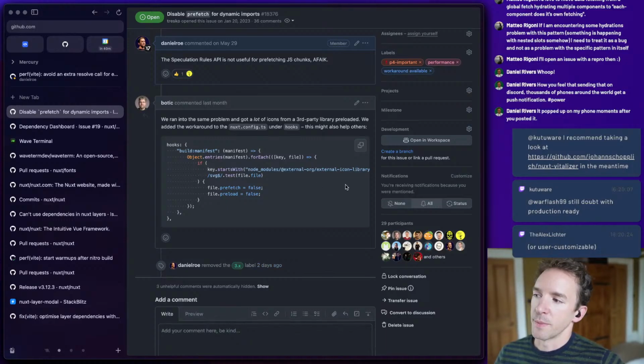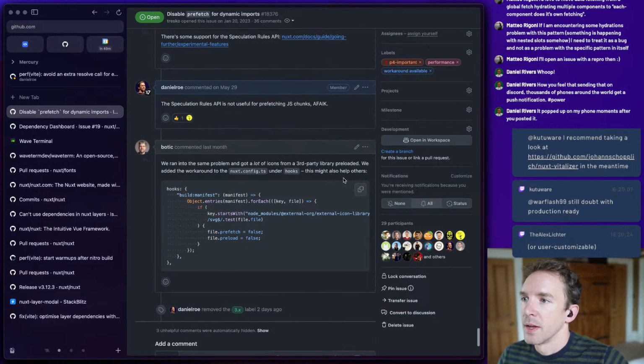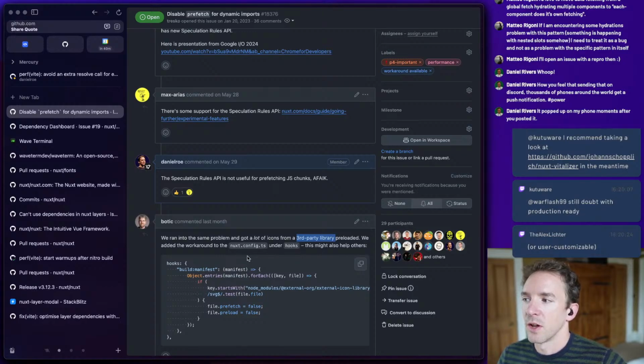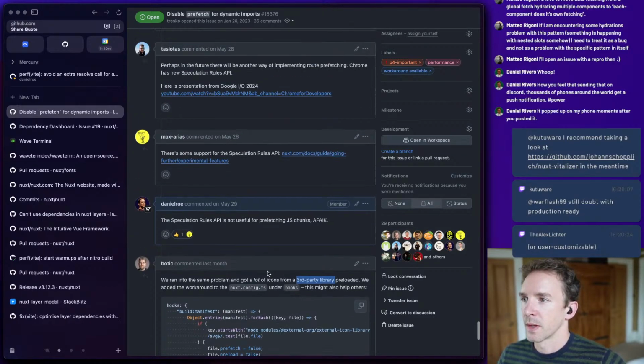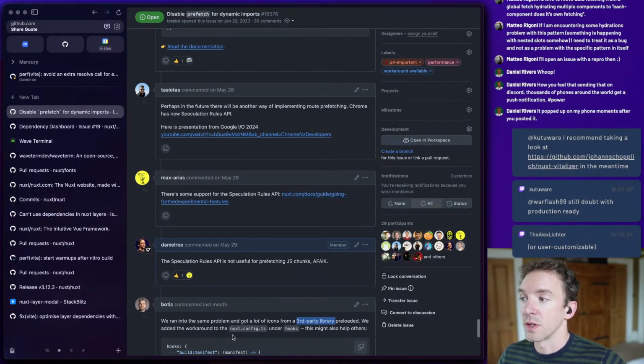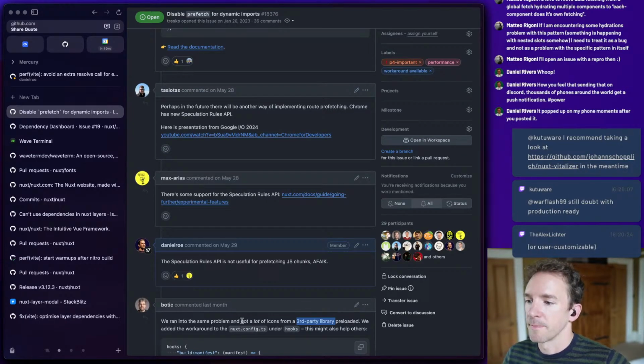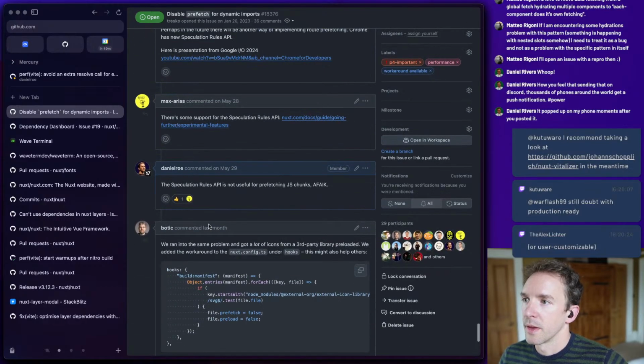Obviously, if we know that something shouldn't be prefetched, that's a different matter, but it will add extra delay when it is needed. So things like a third-party library with loads of icons, well, yeah, you shouldn't prefetch that, but we don't know if it's a third-party library with loads of icons or a file that will be needed straight away. So this is a tricky thing to solve, is what I'm saying. And it is user customizable, as Alex says, with modifying things in the manifest here.